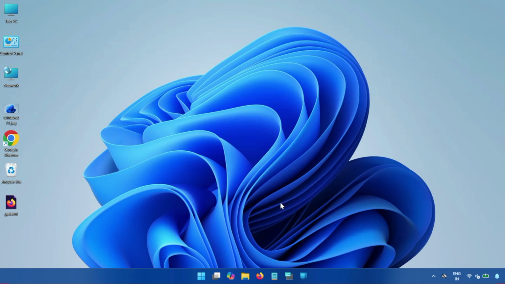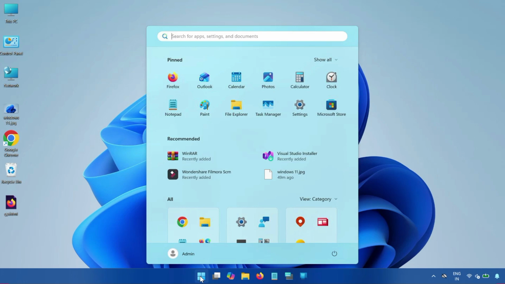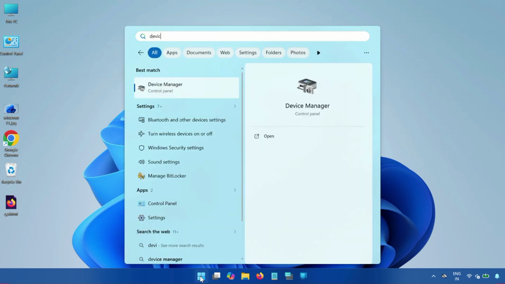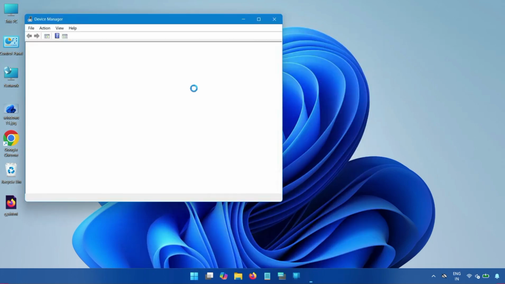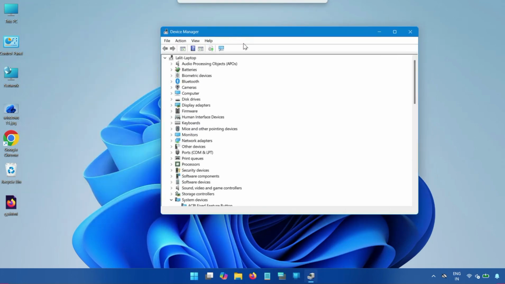Touchpad is not working after Windows update. So click Start and type Device Manager. Open this, and then find out